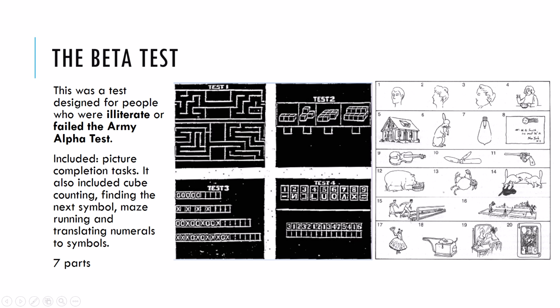This had 7 parts. Another part was this one here, a pictorial completion task. In this part of the Beta test, essentially you had to draw in whatever was missing from those pictures. For example here you might say that the mouth was missing, so you might draw that in. There's an eye missing, a nose missing, a hand missing, so you draw that on. This one, what was missing was the chimney, an ear, the filament of the bulb,